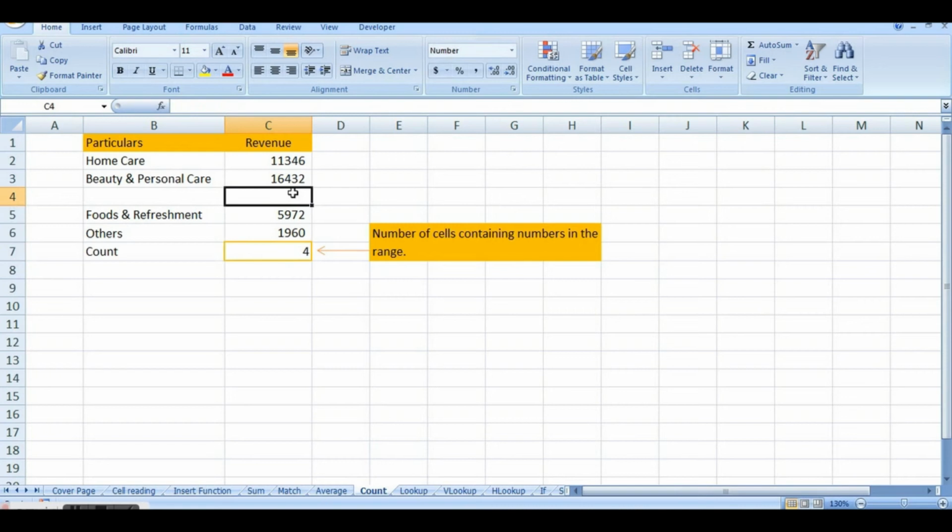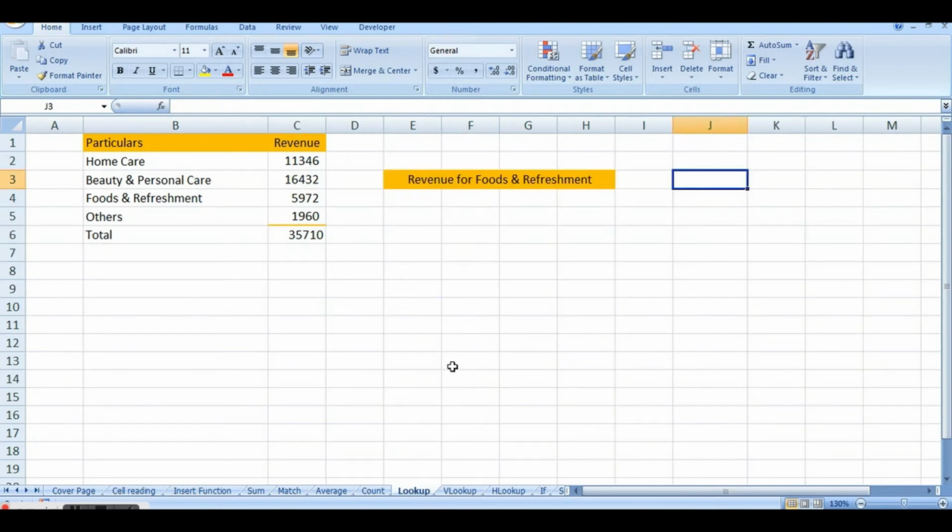Even though there is one cell not containing any value, it gives me the exact answer that only 4 cells out of the selected area contain numbers. So if you want to find out in a large data how many cells are containing values, this gives you the answer.